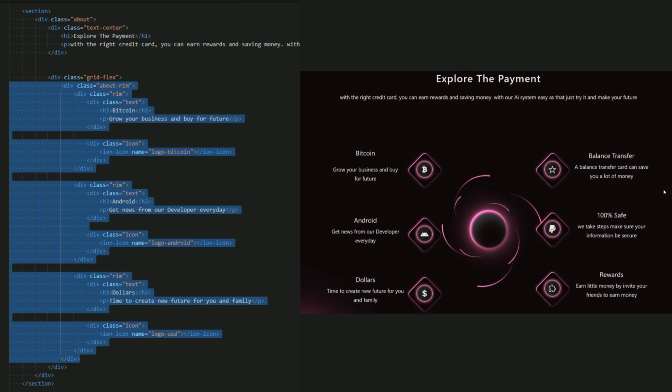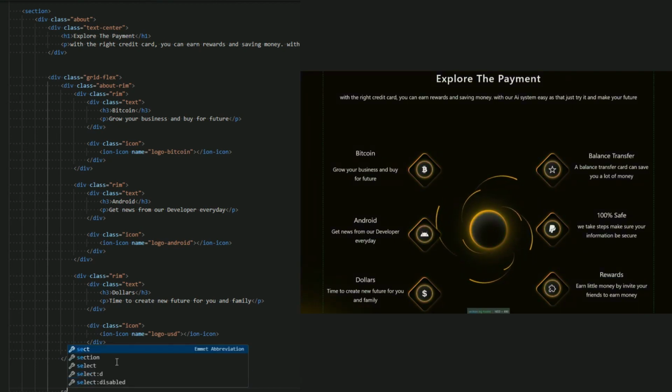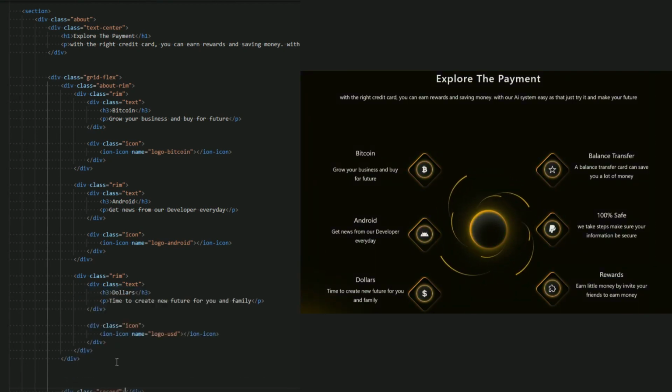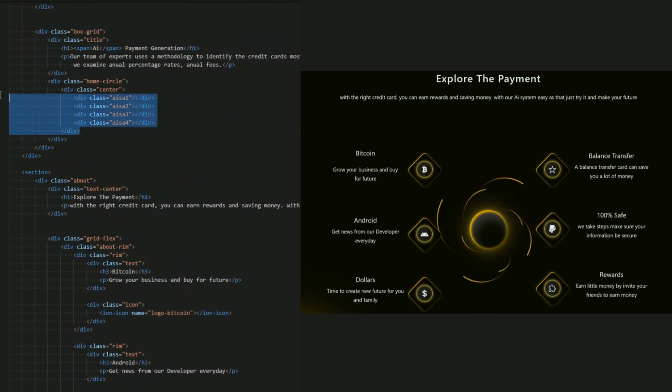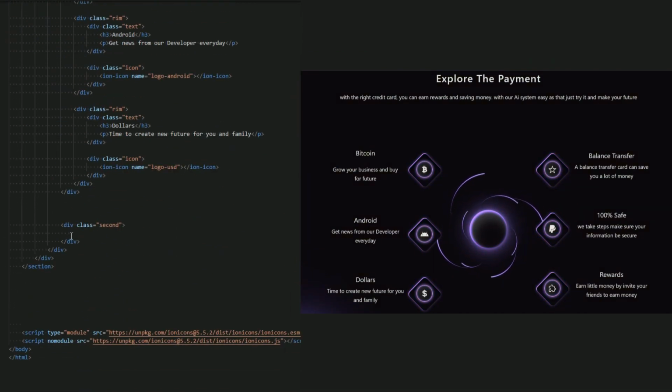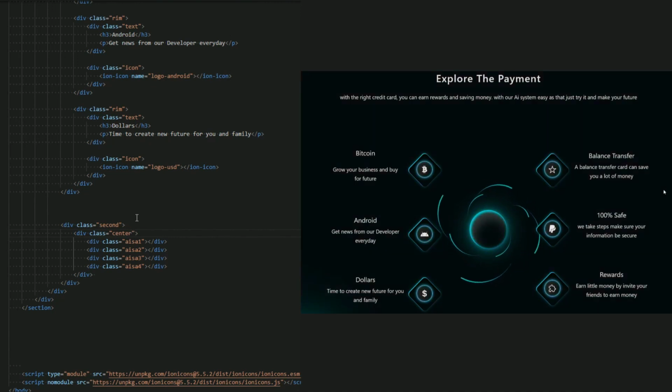Okay, now in the center I want to create a circle, so I name it simple, and let me just name it second, which is the second circle, second div. Okay, now inside it, let me just copy this, which is the same style of creating an arrow, and paste it here. But let me add a new name for this box that has the arrow inside it, to add a position absolute, and top 50%, left 50% to be the center of this box. This is our circle, second, and this center. Okay, we create this circle.